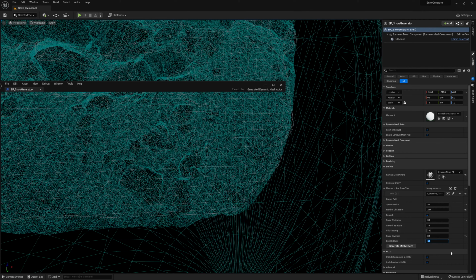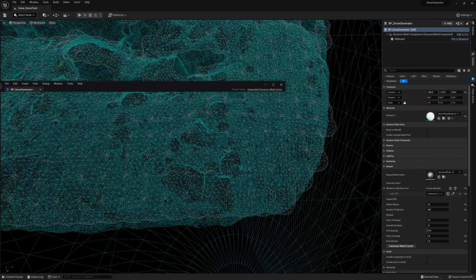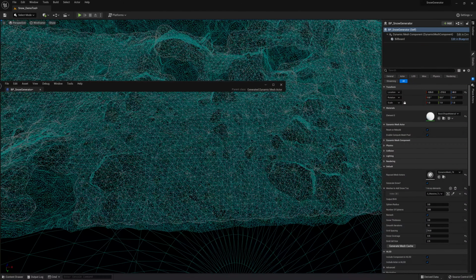So what if we made it 2.5 centimeters and then regenerate it? You'll see that these will get smaller, but there'll be a limit to how small these will go. There's a reason for that, and I just want to regenerate this to show you. You'll find that it takes longer, obviously, the smaller you make this value, because it has to generate many more voxels in order to generate this mesh. So now you can see that it's generated a much smaller, more dense mesh, and that is almost every 2.5